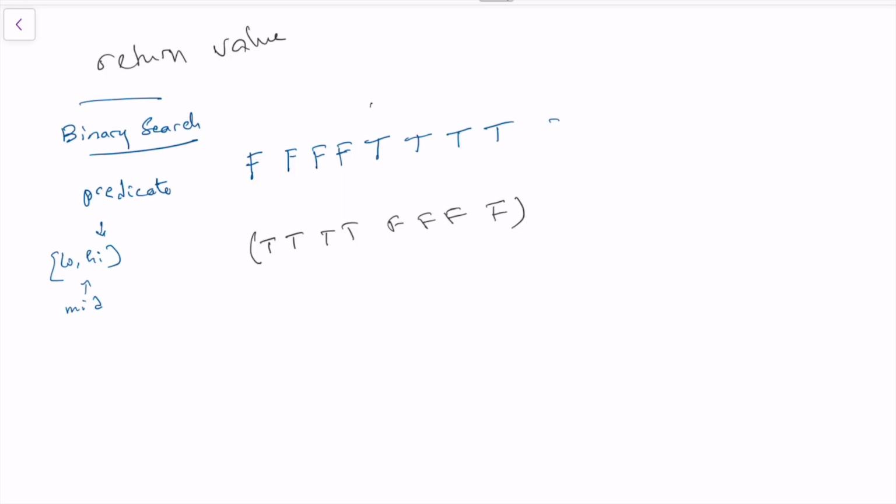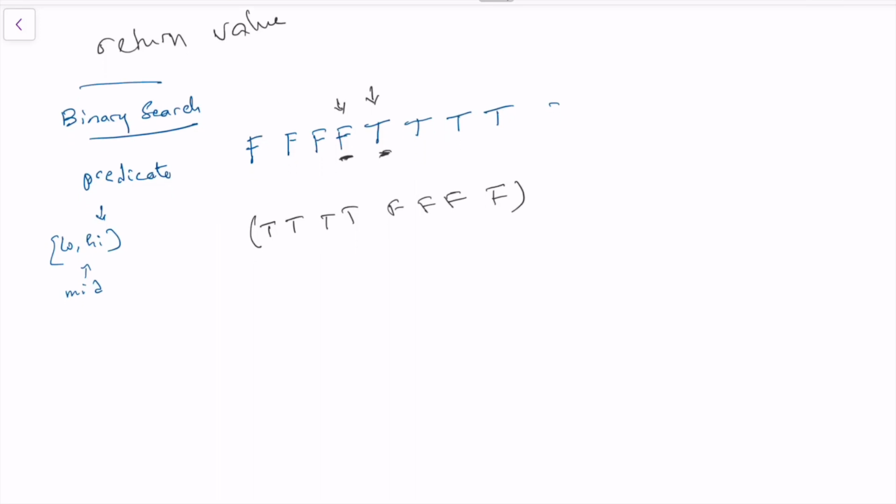And we are looking either for the first true value or the first false value. So if we can formulate our problem in terms of finding the first false value, or the last false value, or the first true value, then we can solve the problem with binary search. And that's what I'm going to try to do here with this problem. So one thing we can do is define